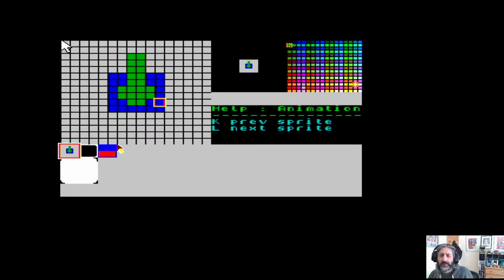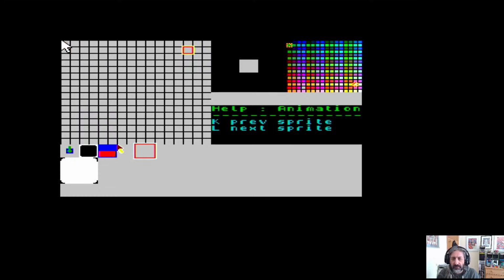Got tank going up, and I'm not expecting anyone to draw decent graphics because I can't anyway. So if you can't draw decent graphics, don't worry about it. Actually, I need to copy that one and paste it there